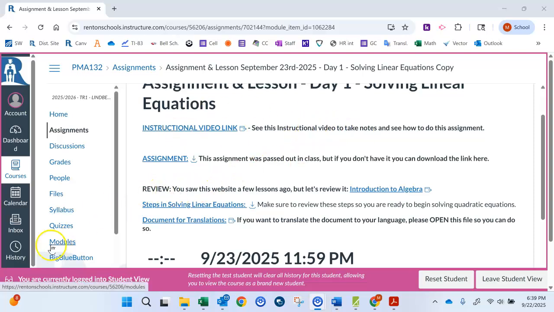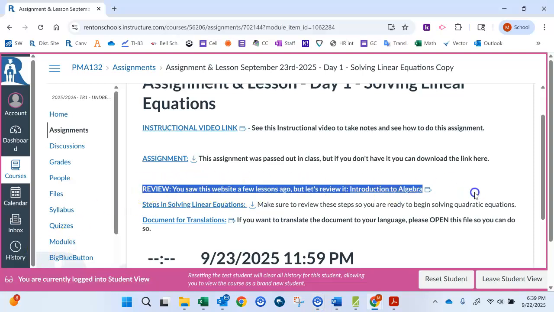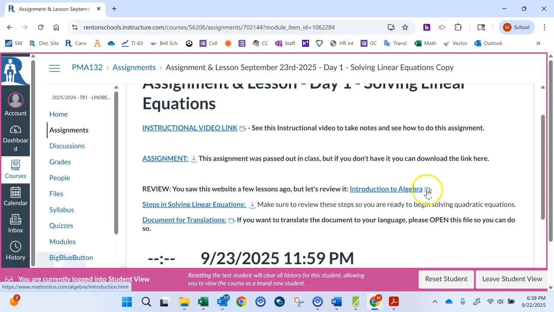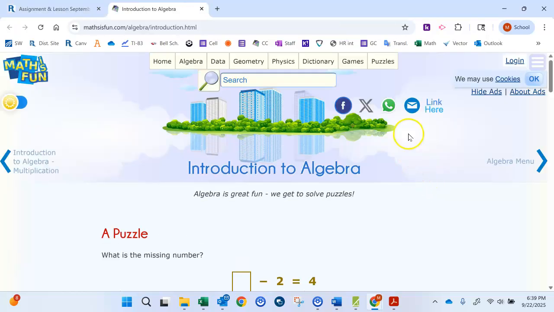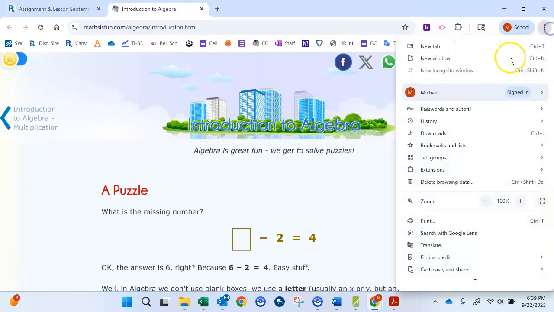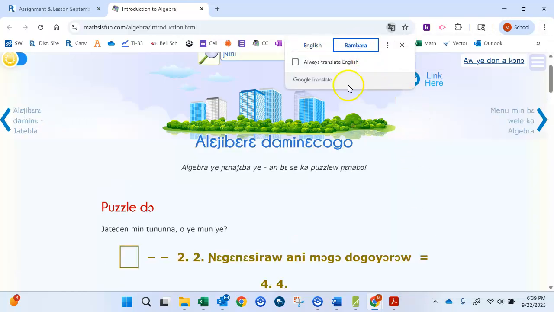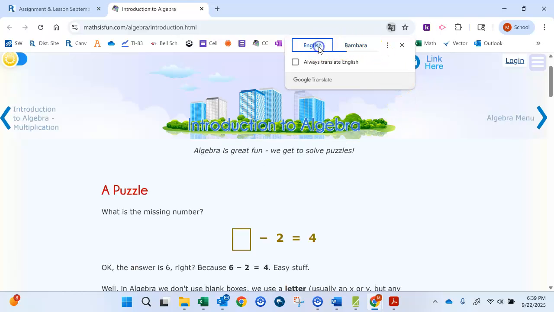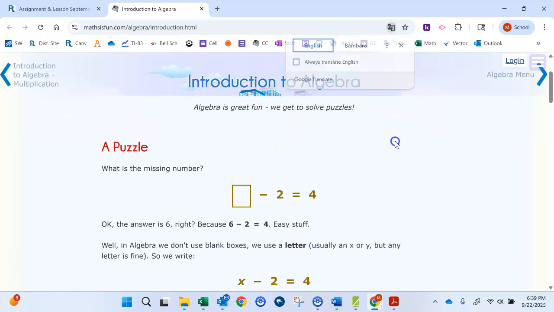But what I'd like you to do first is a review. So let's go ahead and look at this site right here. Let's go ahead and do this. So what I want you to do, and remember, you can translate this. You can go to translate, and it changes the language. Okay, so I want you to go through this, but take a moment to review this